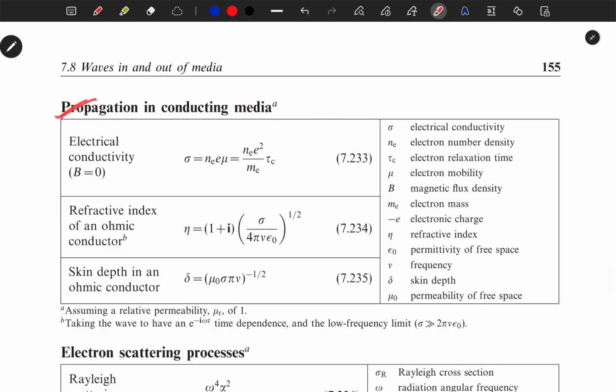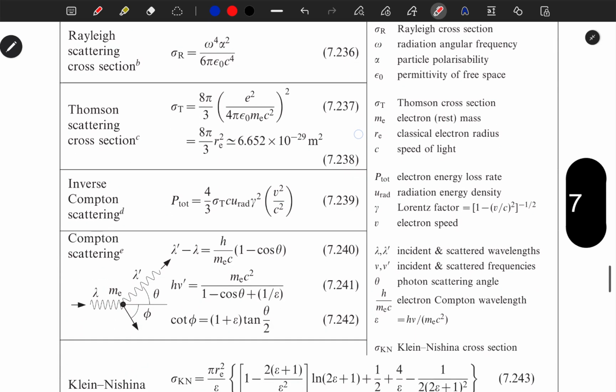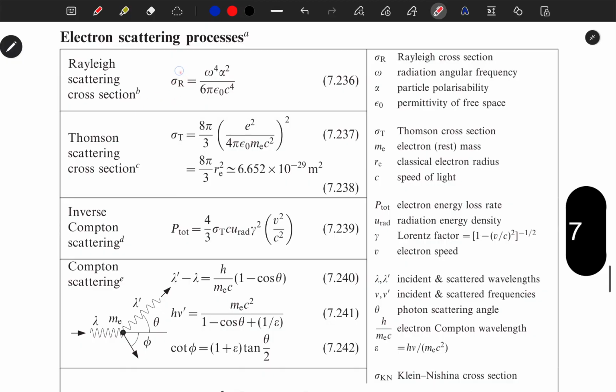Propagation in a conducting medium, electric conductivity, sigma equal to n e square tau by m e. Refractive index of an ohmic conductor, eta equal to (1 plus i sigma by 4 pi nu epsilon 0) to the power half. Skin depth of an ohmic conductor, delta equal to 1 by square root of mu 0 sigma pi nu. Electron scattering processes, Rayleigh scattering,